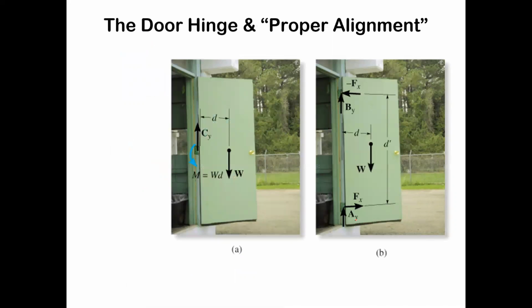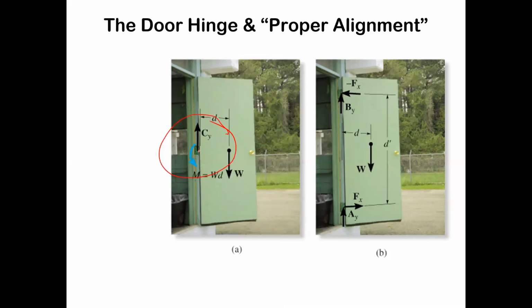There is also a commonly understood way of mounting various things so that you don't have all of the reactions needed, right? So has anyone ever seen a door hinge mounted in the middle and not having any other hinges in the door? That would be a pretty bad idea, right? You think the door would stay in its place if you did that? Probably not. The reason why that's a bad idea is the weight of the door provides a moment,